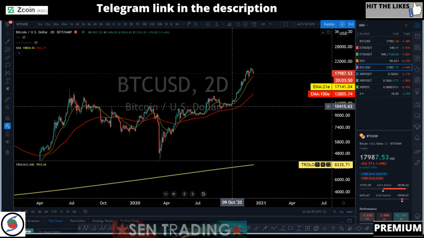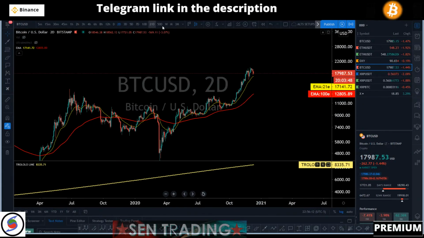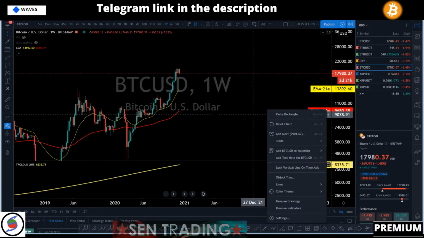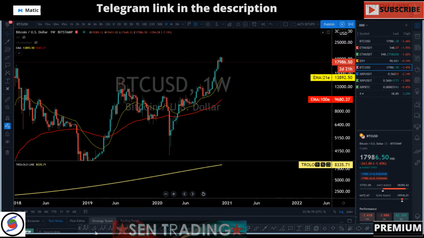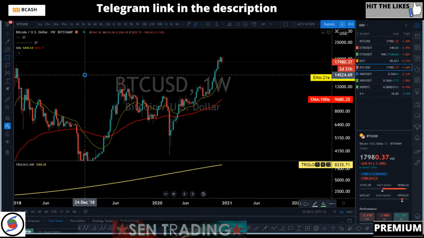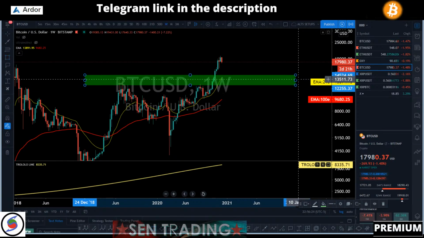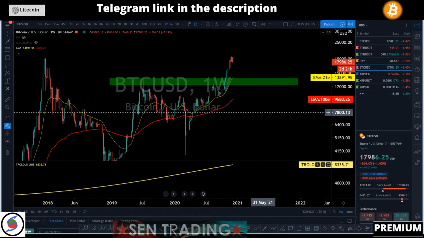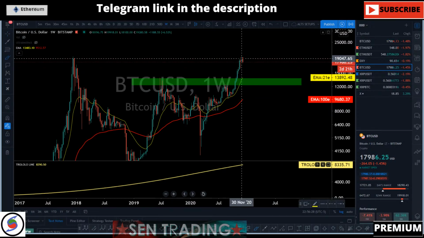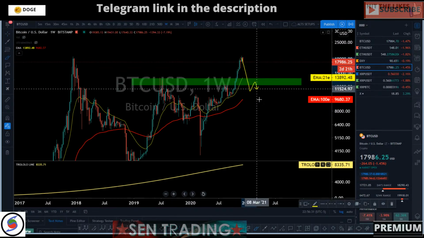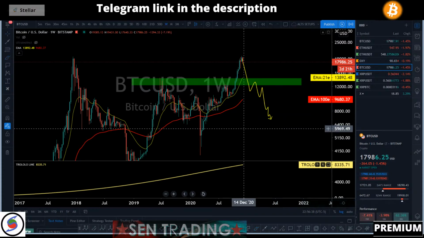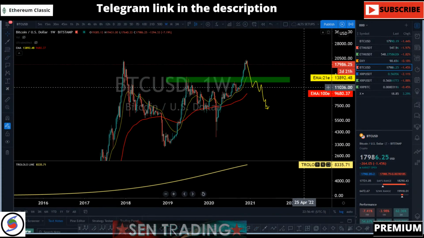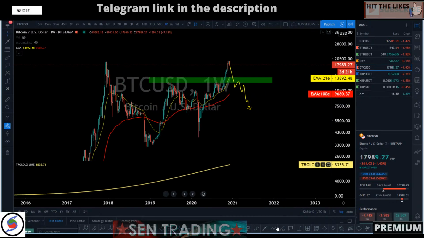So to me, any dip below the weekly 21 EMA right now is going to be a buy-the-dip type of structure. And let's say for any reason market structure decides to dump all the way down to like 7K, 6K, and so on, that could be a life-changing accumulation, right? Because the next move is going to be very fast.